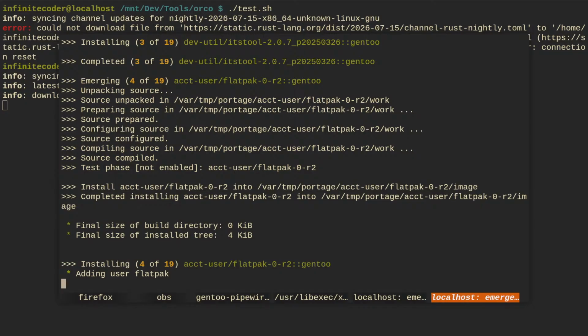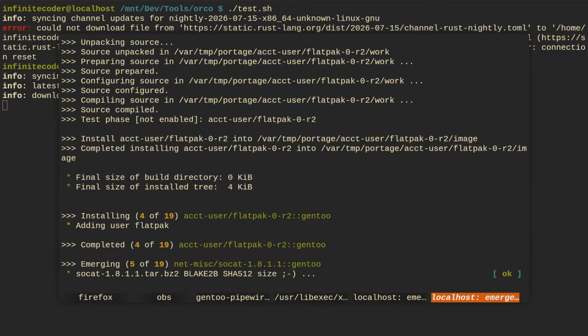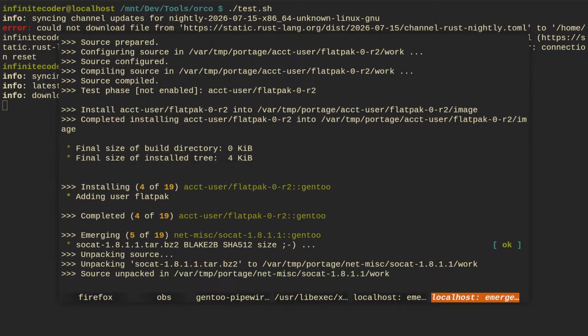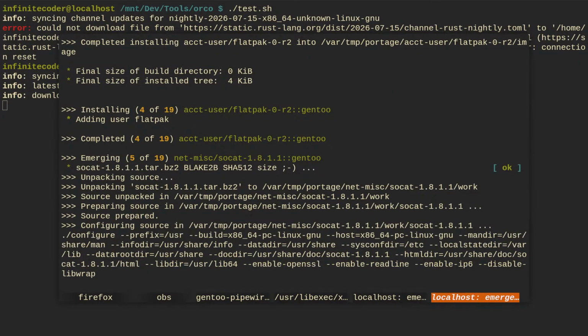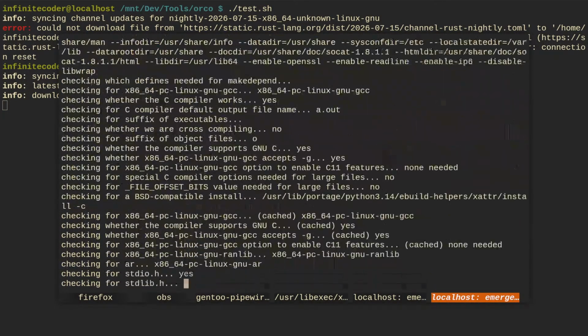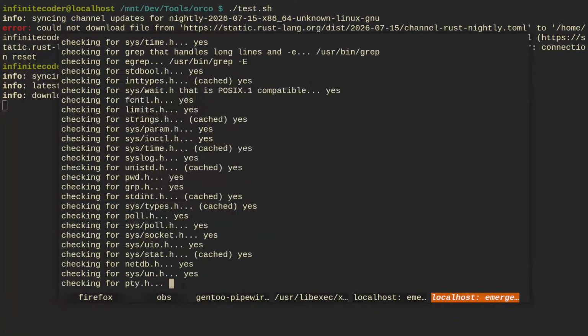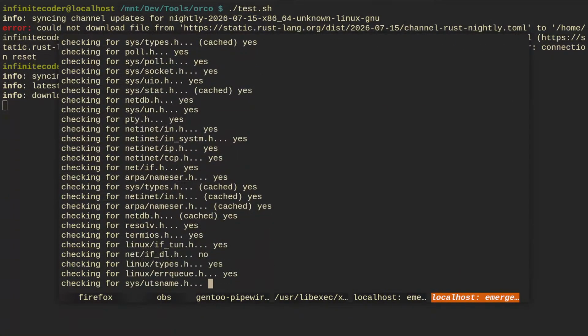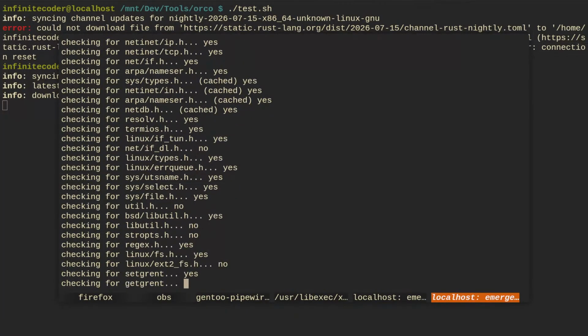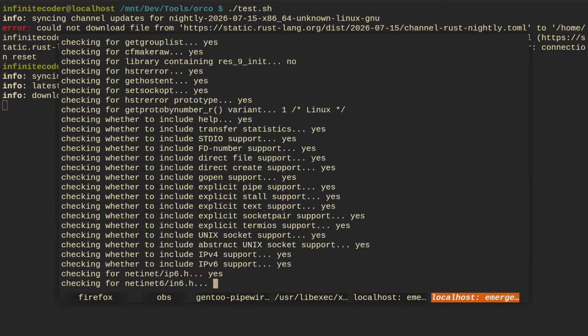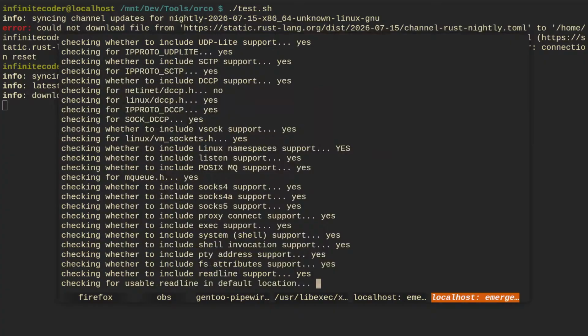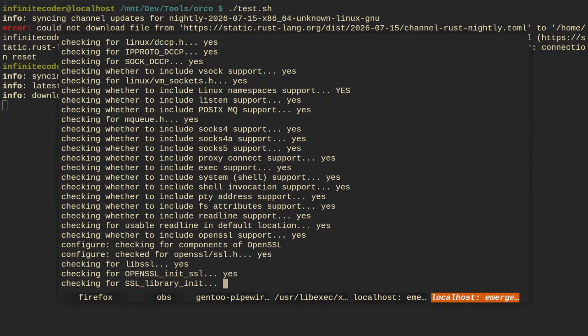Hitting user flatpak. Wait, account user. Sends a package. Socat. We're building Socat. Wow. A tool I used to get a reverse shell. I mean, I actually used WebSocket. I couldn't do it with Socket because I didn't have a domain back then. Or no, I had a domain. I didn't have a static IP.